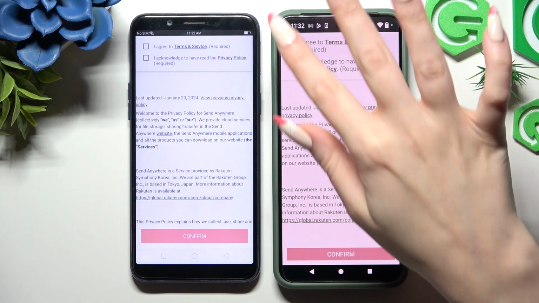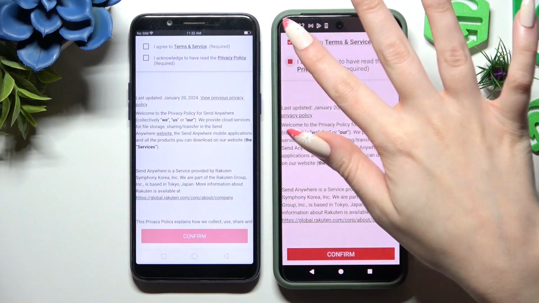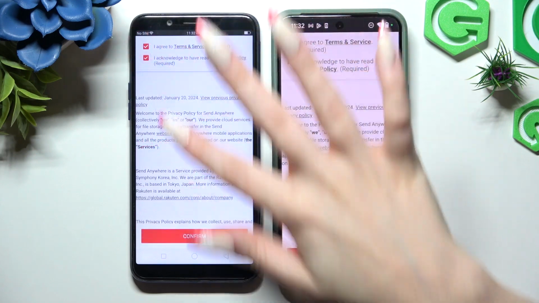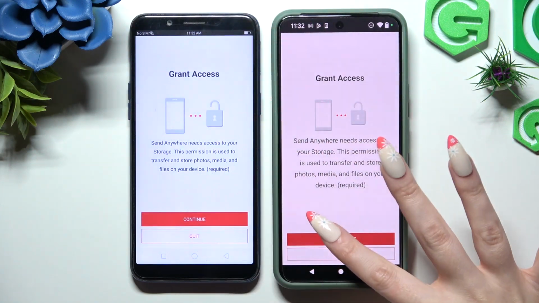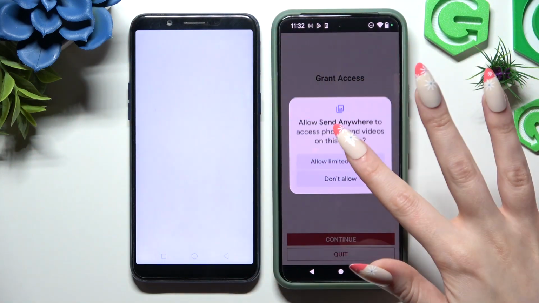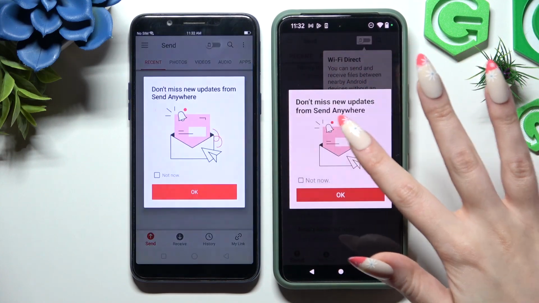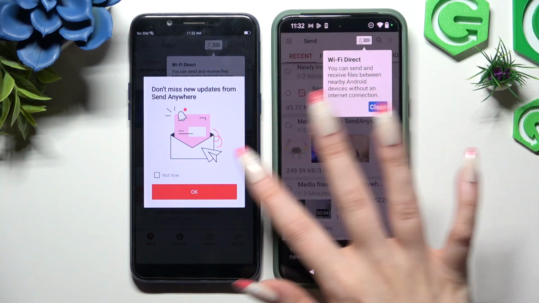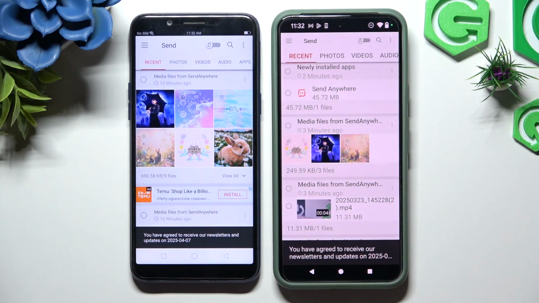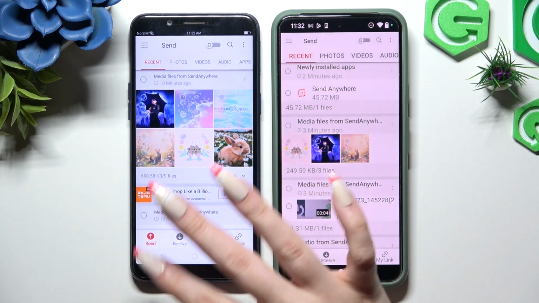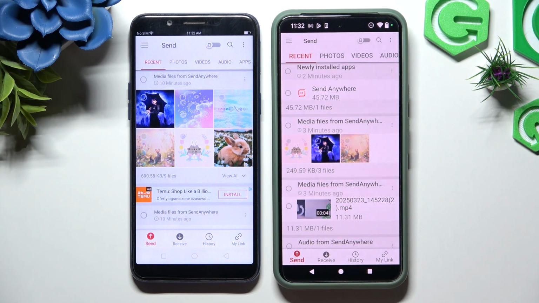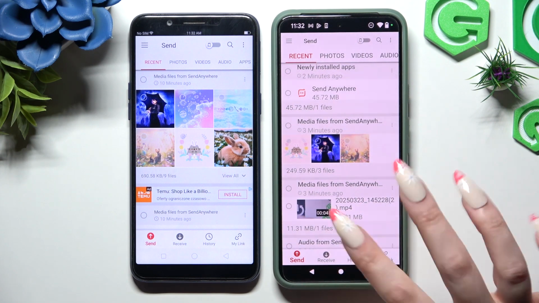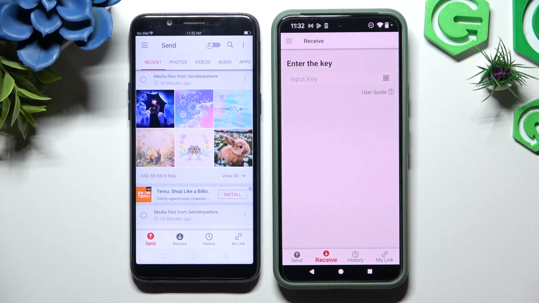I agree and I acknowledge. Confirm, continue and allow. In this window about new updates, choose whatever you want to and hit your device's display. Now select Send at the bottom left corner of your OPPO and Receive right next to Send at the bottom